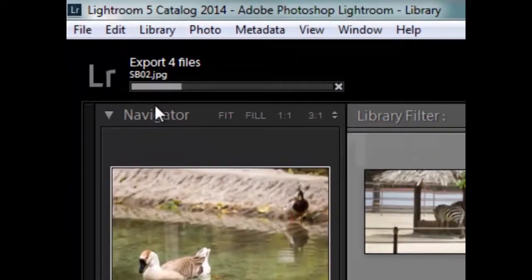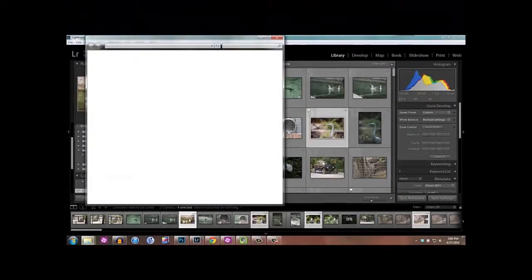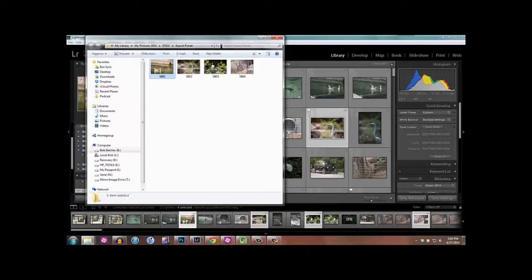Okay, now you can see up here that it's exporting our files and it's giving it the name that I gave it. I believe it names the files in the order in which they were taken or placed in your film strip, so from left to right. So you can see these 4 photos down here that I selected. I'm pretty sure that it's going to put them in the order of 1, 2, 3, and 4. And now you can see here, the folders popped up. We asked it, please show us these files in the Explorer when you're done. Here it is. And in fact, it has named them 1, 2, 3, 4 in the order they showed up